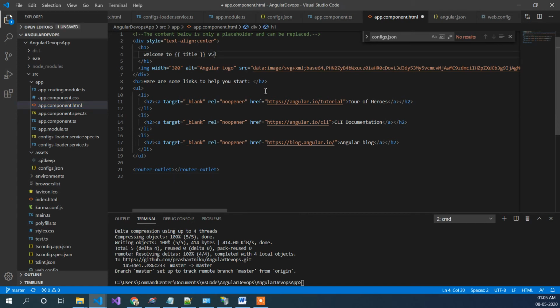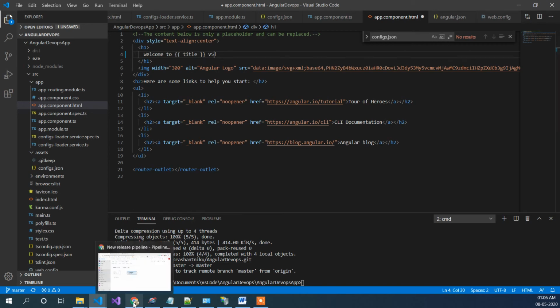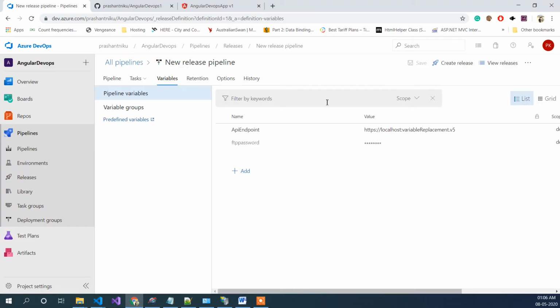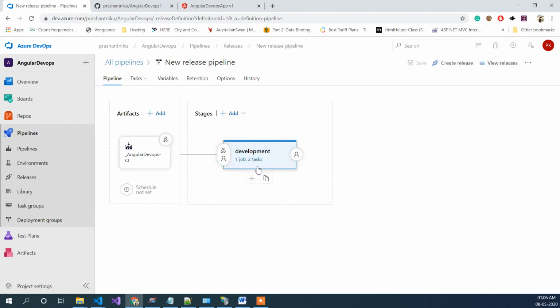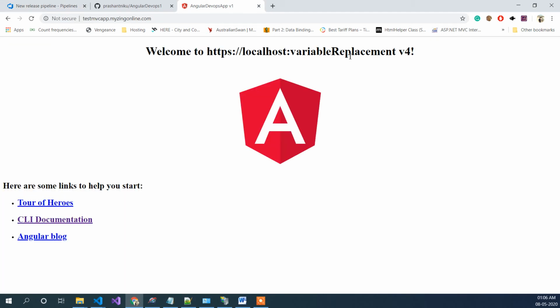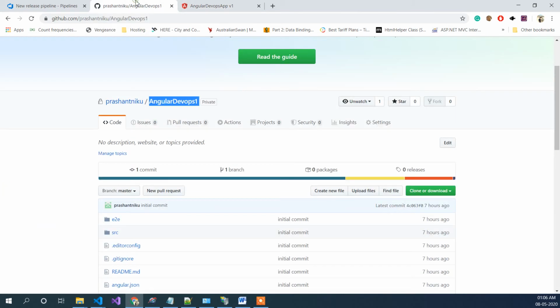So it will show version 5 in there, right? And what I have mentioned inside the variable, it's version 5. Okay, sorry about the confusion. So we should see v5 even inside this variable as well, and inside here. So variable replacement.